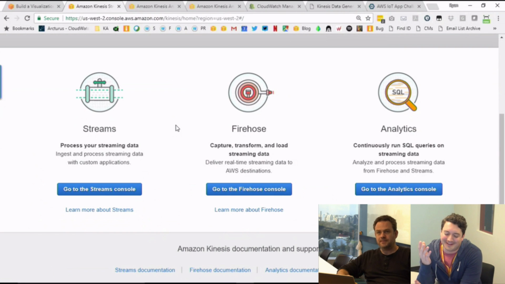Exactly right. Thanks for leading me in the right direction. Kinesis Analytics is a completely serverless solution, so there are no underlying EC2 instances to manage. We handle automatically reading from a stream or a Firehose, discovering the schema, and then applying your SQL statements, and then streaming that data out of the application.